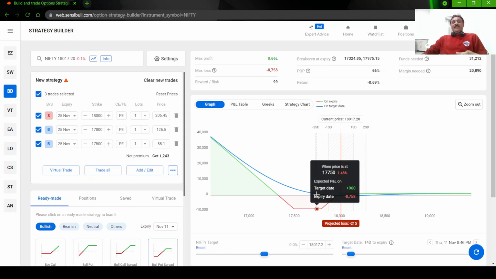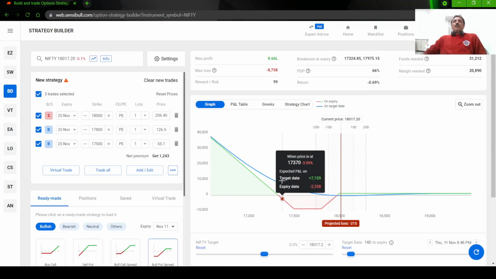Okay, means the strategy is a bearish view strategy, right? If the market goes down, we will be gaining money, but we don't wait till expiry. If you are getting a good profit here, you can book and come out. You just close the trade and come out. Okay, you don't want to close, you want to keep it. Okay, 8,700 rupees is okay, I can handle, but I want more money.